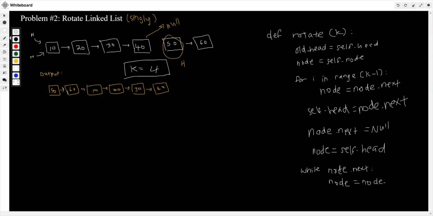So that's all we're saying. Just like up there, we're going to go node equals node dot next, and that will land us on 60. And then the pointer, but the pointer at this is just so confusing. But the pointer at 50, so node dot next, the pointer at 50, this guy right here,